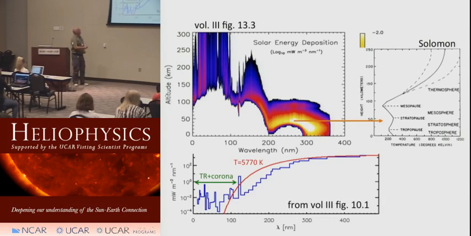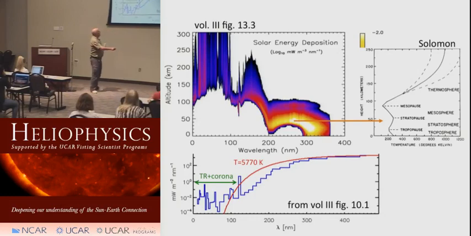Now, this is the other plot that's going to be very important. This I showed you yesterday, although it was on a logarithmic wavelength axis. I've stretched it out so I could make it match up against this. The blue is the intensity of radiation, milliwatts per square meter per nanometer, from a given wavelength of sunlight. It goes like this. The red is the black body curve. And you remember for